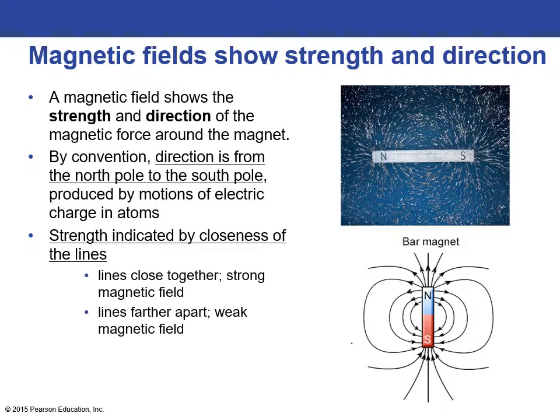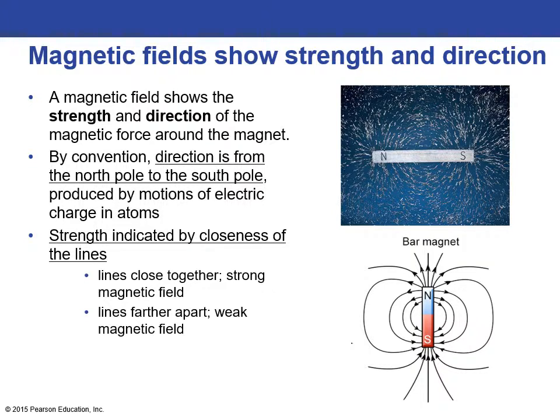A magnetic field shows us the strength and direction of the magnetic force around the magnet. In the picture on the right, you can see these circular lines going out around the magnet from this metal being attracted to the magnet. With the magnetic field, you see the direction those particles are moving, and we show by convention the direction from the north pole to the south pole. We show that with an arrow,